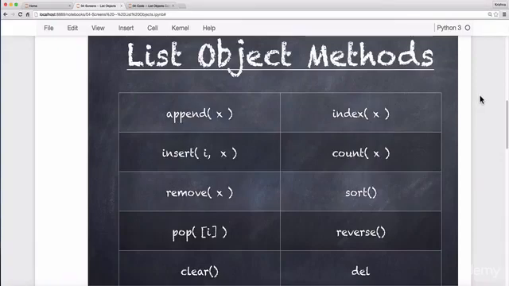Hi, welcome back. In this class, we'll go through some list object methods. And here are some of the most important methods of list objects. append(x) appends an item x to the end of the list, and insert(i, x) inserts an item x at